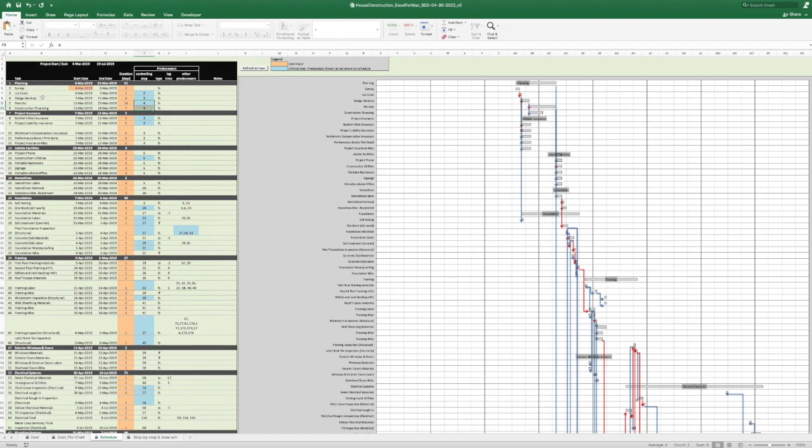And we're saying it's a finish to start relationship as well. But these two tasks are depending on this particular row right here to be completed, which is March 11th. So the start date for both of these tasks is March 11th. The end date for the first one here is going to be 14 days after this one, which is the 25th. And the end date for this one is going to be 7 days after the start of this, which is the 18th. So you can see how this structure is being built and pre-programmed into the spreadsheet,